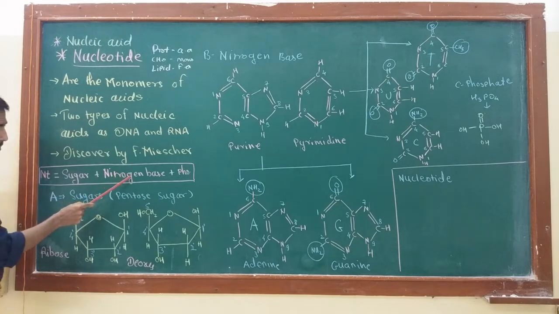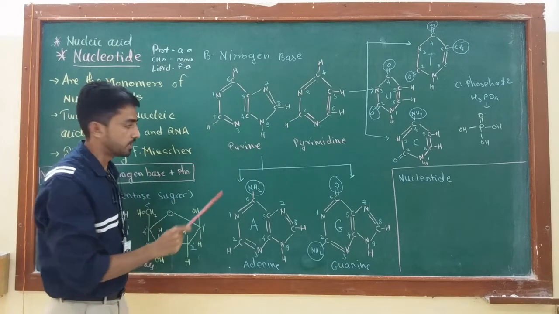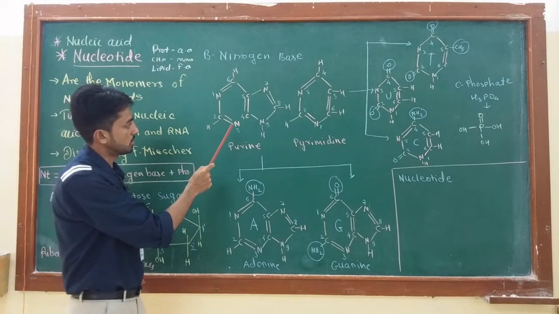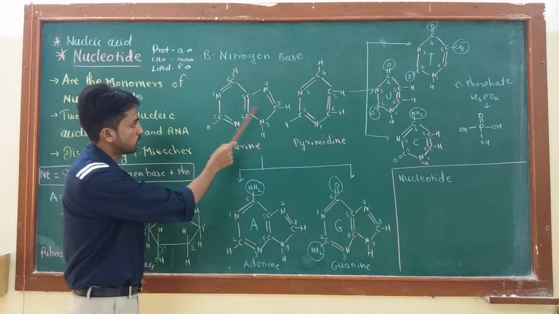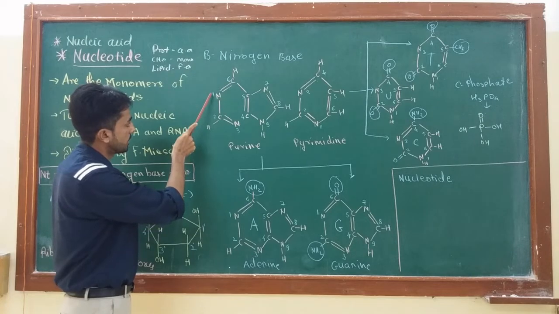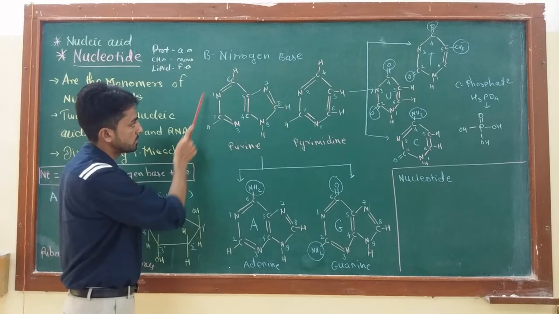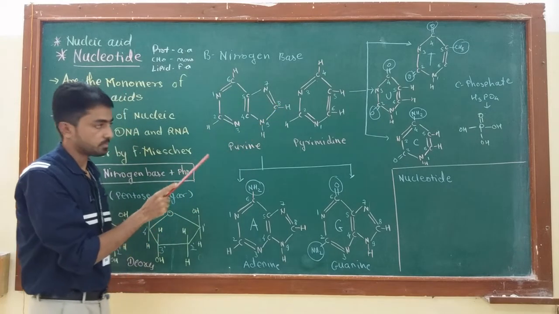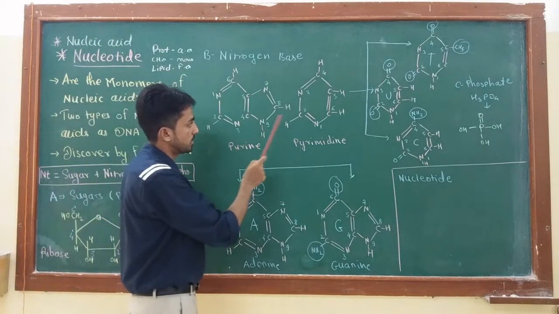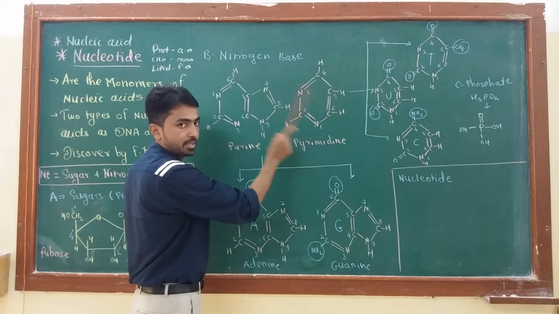Secondly, nucleotides are made up of nitrogen base. Here you can see there are two different types of nitrogen bases present in the nucleotide, mainly purines and pyrimidines. Purines are heterocyclic structures which contain two different types of rings, and generally the positions are numbered first, second, third, fourth, fifth, sixth, 7, 8, and 9. You have to remember this numbering because it is very important when studying the structure of nucleic acid. Now pyrimidines have a single ring structure with 6 positions, first, second, third, fourth, fifth, and sixth.